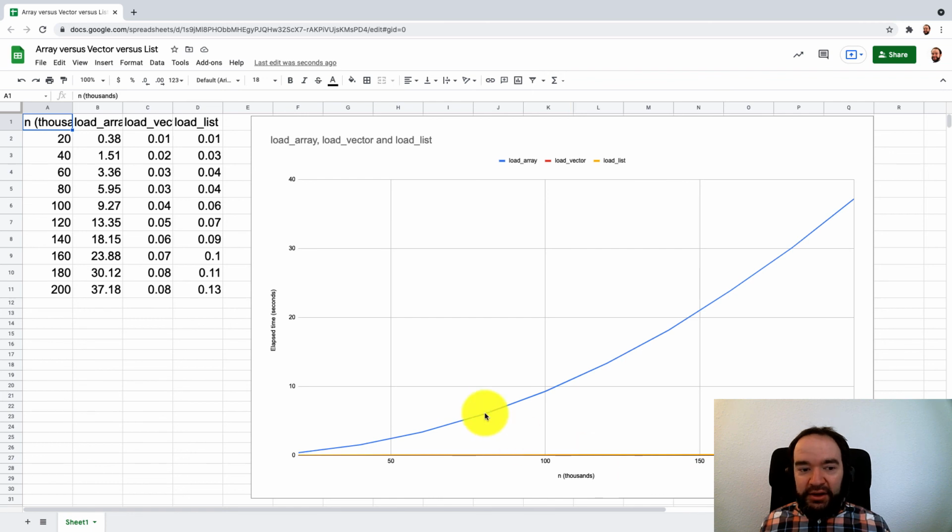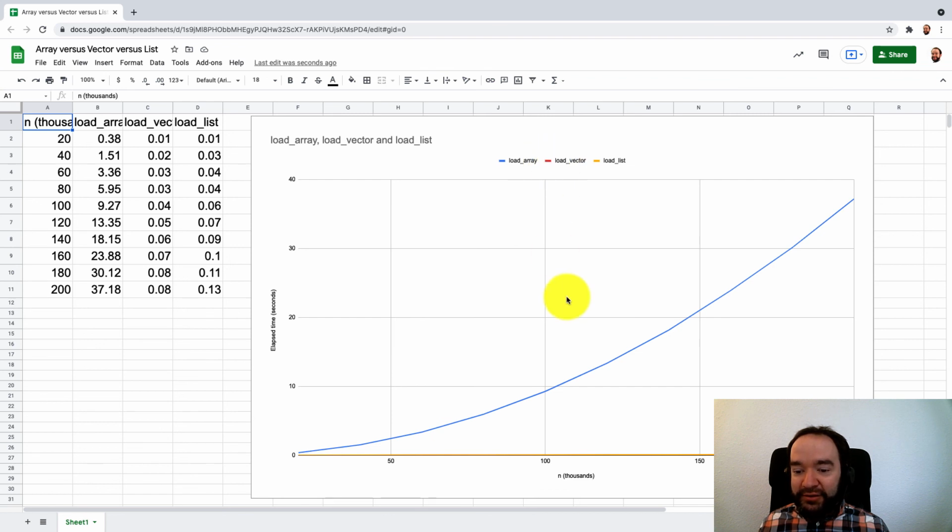Here's that data in a graph form. What I did was run all three versions of the program on various sizes of n, the number of ints, and plot this with a line graph. And what you can see here is that the blue line, that's the load array performance, is getting slower and slower. The elapsed time is the amount of time it takes. Larger number is worse, it's slower. And you can see that that blue line for load array is much higher than the two alternatives, and it does have a quadratic shape, meaning it's getting slower and slower and slower. So that's very poor scalability.